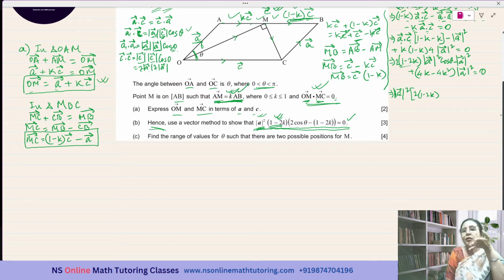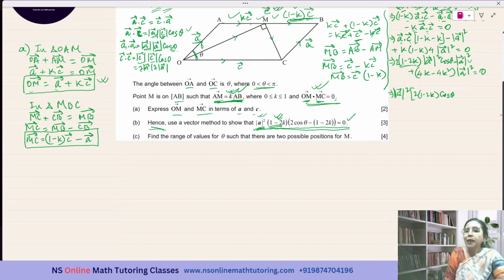You may multiply, but that will be taking more time. So you have to just see what is needed because the final expression is in front of us. So why should I be multiplying 1 minus 2k with 2? Because I need 1 minus 2k. So let it stay as it is. Don't multiply the 2 with the 1 minus 2k to get 2 minus 4k. Don't do that. So cos theta,